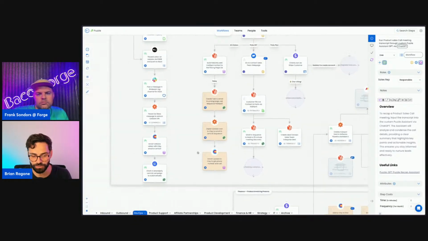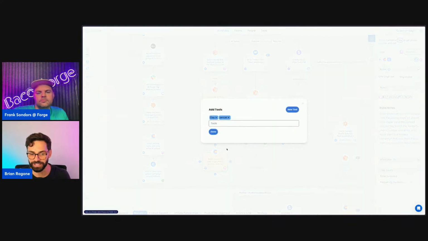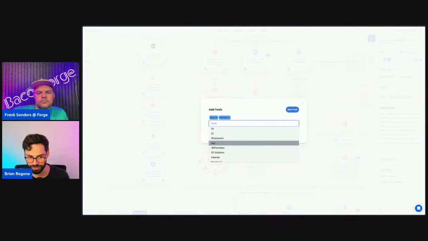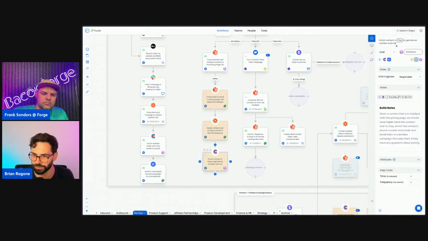The use case that you mentioned, which was, well, do I use Clay or do I use an alternative? You can actually add multiple tools to this step here. So if you're going back and forth between doing this natively in a HubSpot workflow, sequence, or doing this through Lemlist or enriching through Clay, you can come in here and switch the logo very easily and put